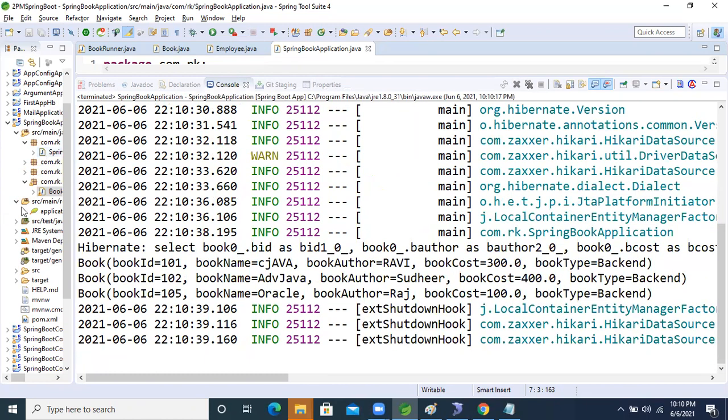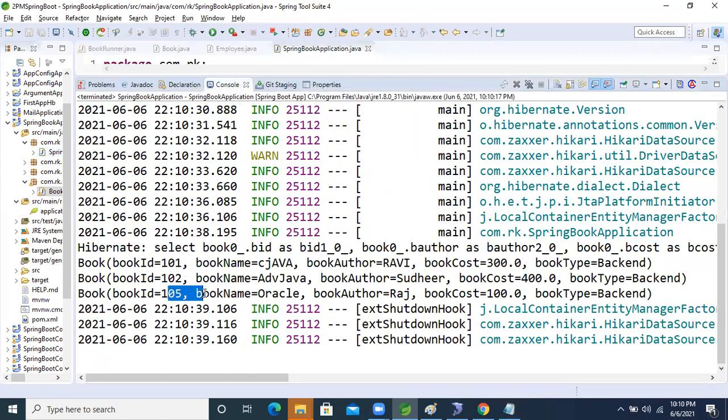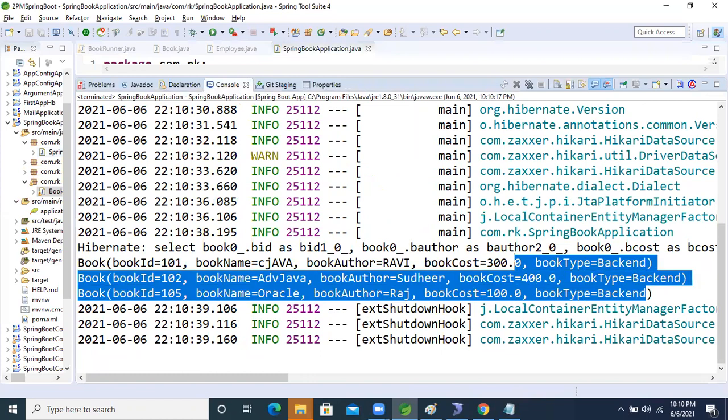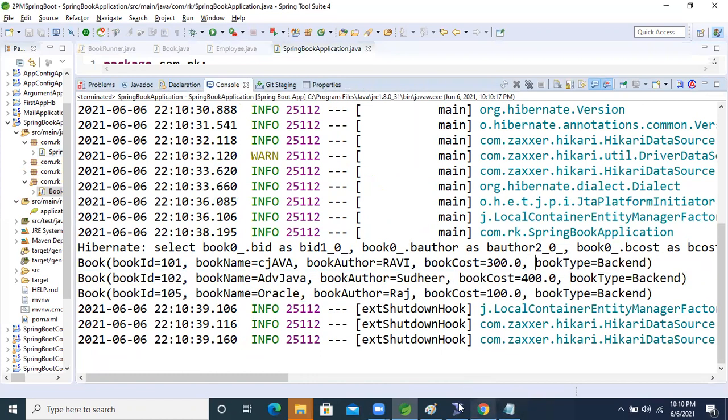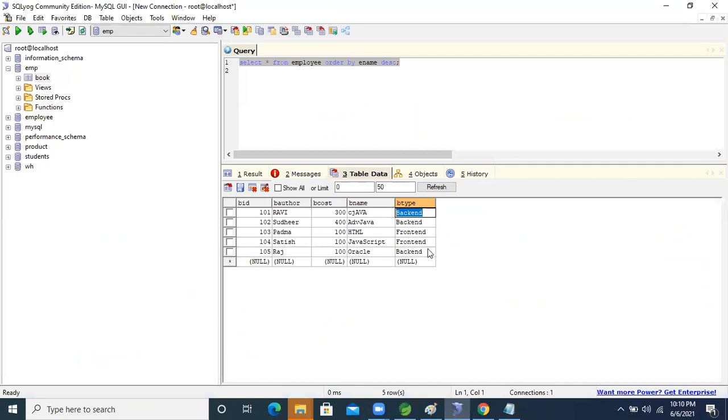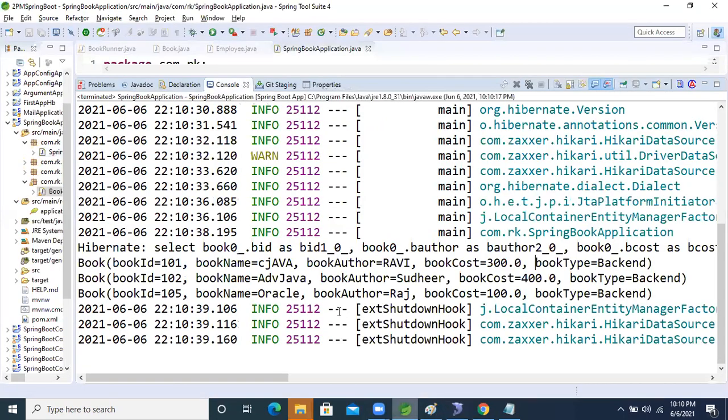See this, 101, 102 and 105. Which record are we not getting now? Satish, the front end one. Our application is generating dynamically, or not, guys?